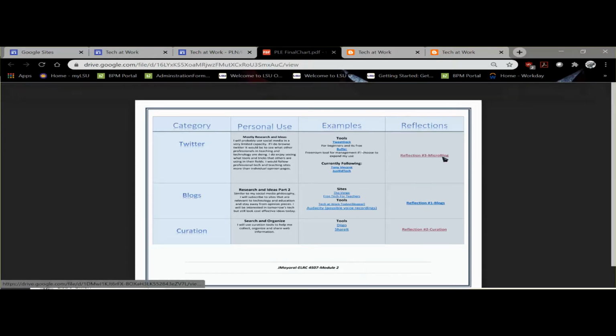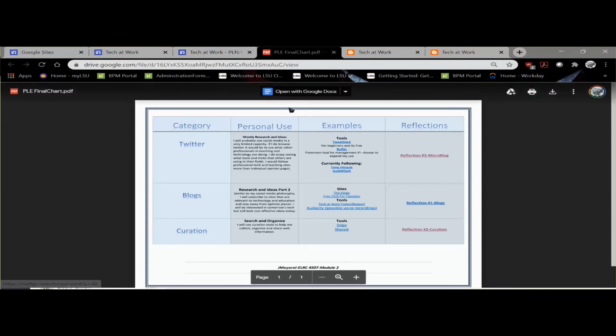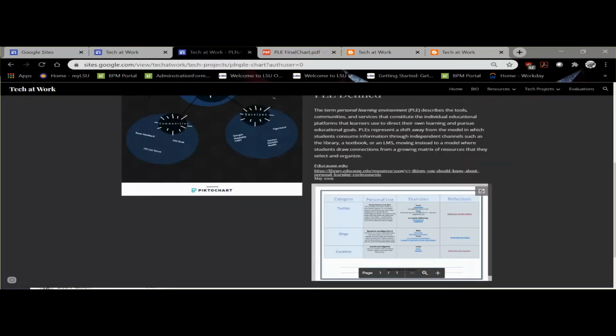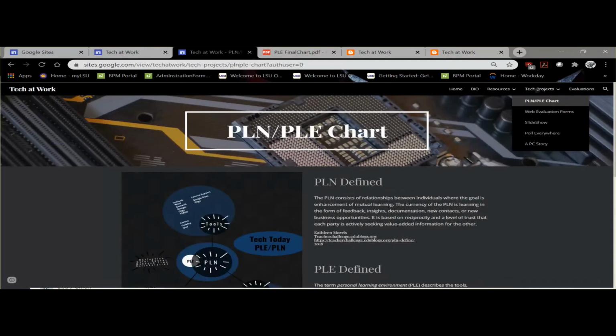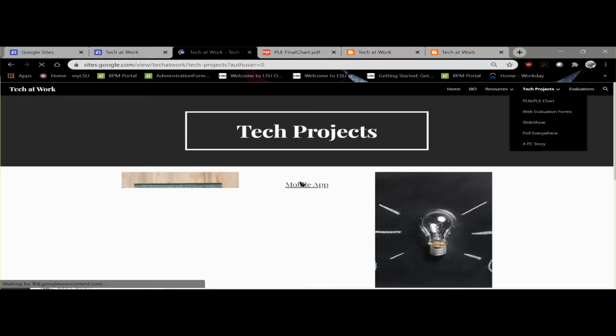I did like writing some of the reflections, just because it gave me a chance to think, is this really relevant to me as far as professionally what I do now? How could I use this professionally? Go back to tech projects.